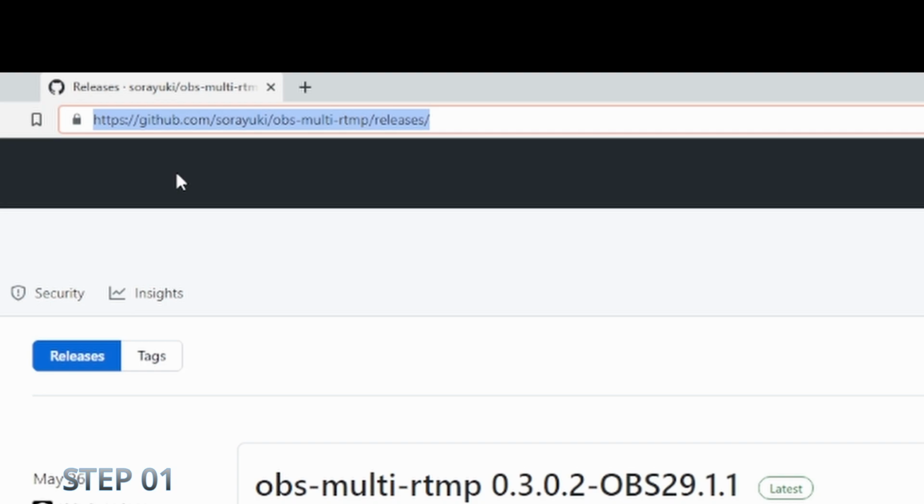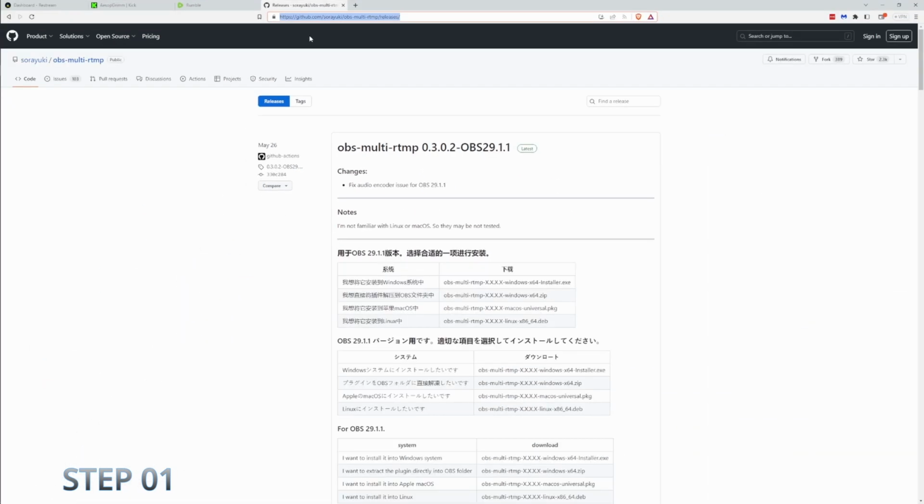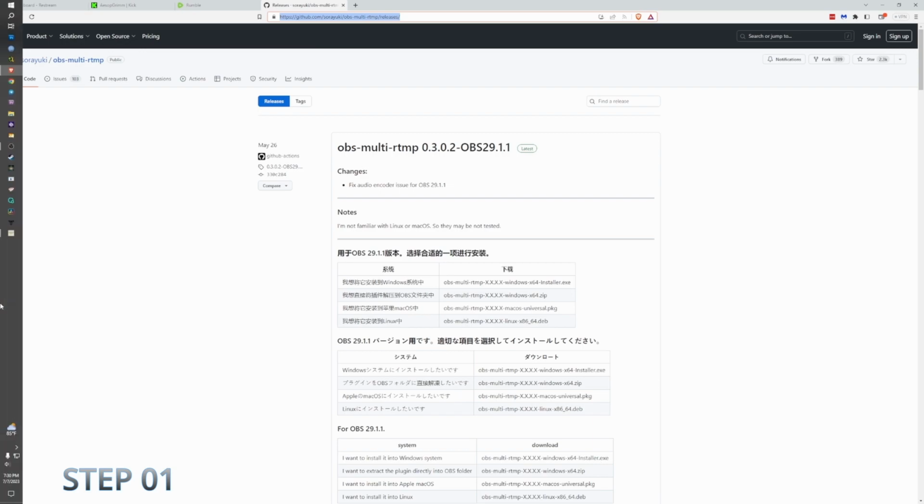github.com/Sorayuki. That is one word. It's SORAYUKI. /OBS-multi-RTMP /releases/ and it's going to bring you to this page right here as of today, which is July 7th,